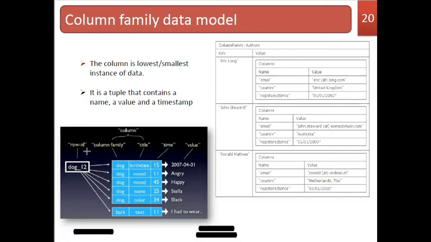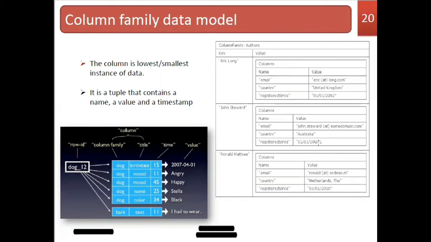So you can see the example. A key value is there, that is called the row ID. With the help of the row ID, you can refer to the other column families. These are the set of data that come under one particular row ID, that is dog_12, which can refer to this column family. These are the column family, title, time, and then value. These are the things provided in the column family data model.